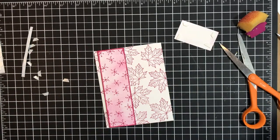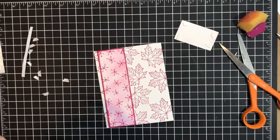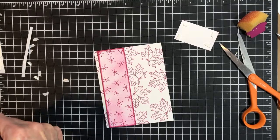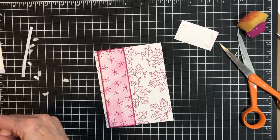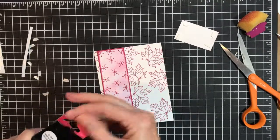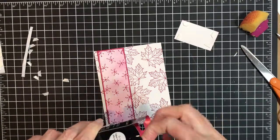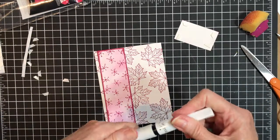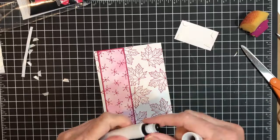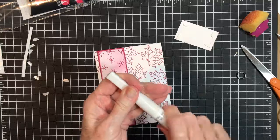All right, so if I take my Wink of Stella, which is here, and this is the clear one. That's the one I use the most. I know we carried the gold one for a while. I didn't have it out. Brand new too, so I hadn't even opened it. Okay. All right, now I've got to take off the black ring, put it back together,